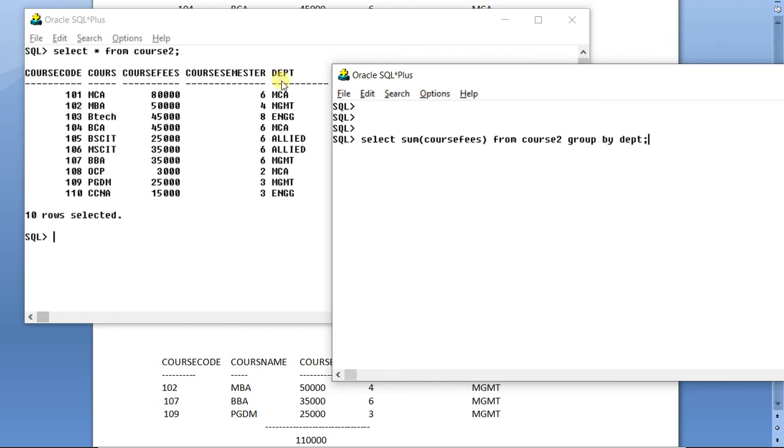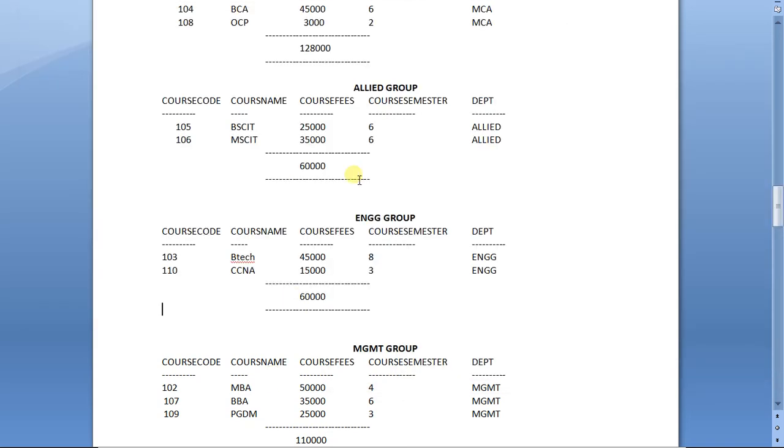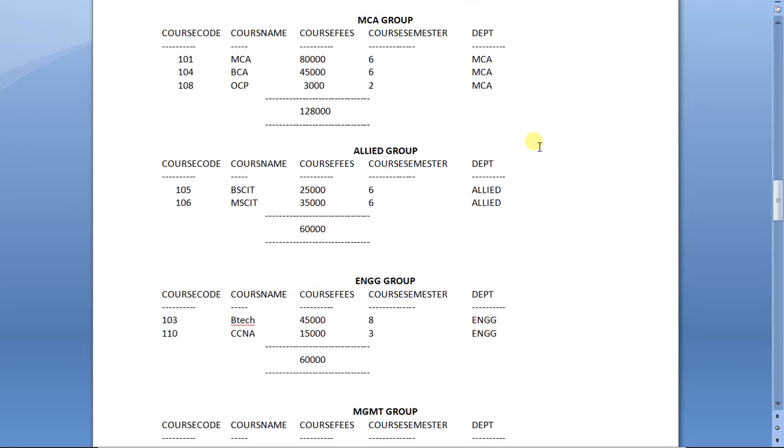Now what will happen in RAM? The same thing which you are seeing in the background in the Word file will be created in RAM. Oracle will go to the department column and try to identify the different spellings in that column. It will find MCA, Allied, Engineering and Management.